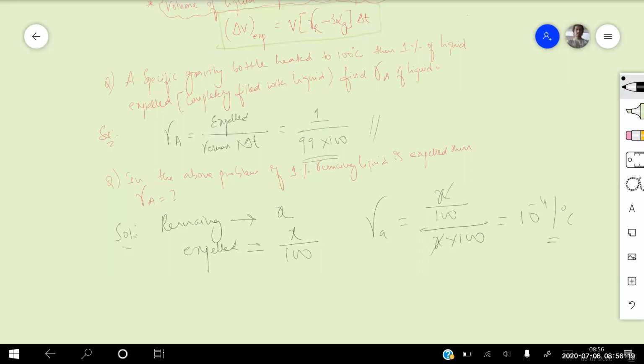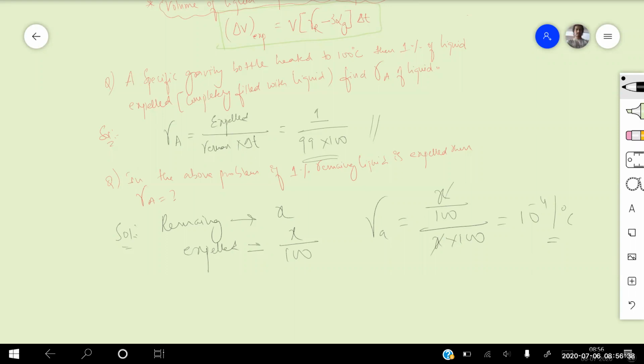Yes, sir. Okay, you try to revise today's topic. We'll go for the next session: the expansion of liquids, anomalous expansion of liquids, then expansion of gases in the last section. One small topic has been left out in the liquids, that is anomalous expansion of a liquid. Then we'll go for the expansion of gases.